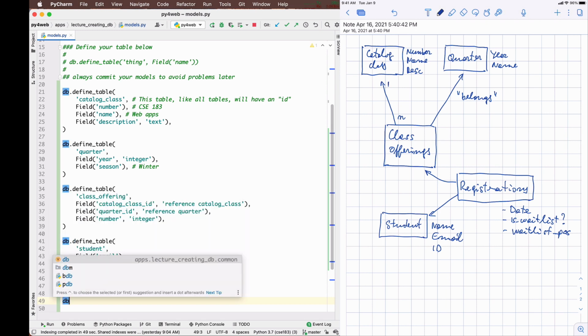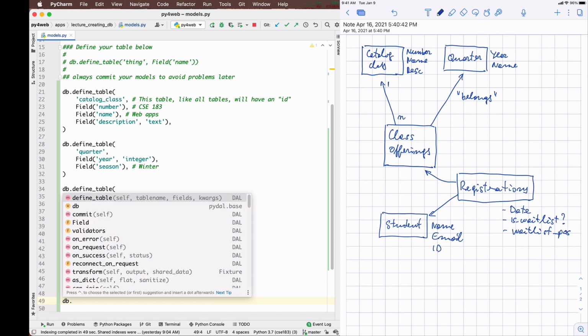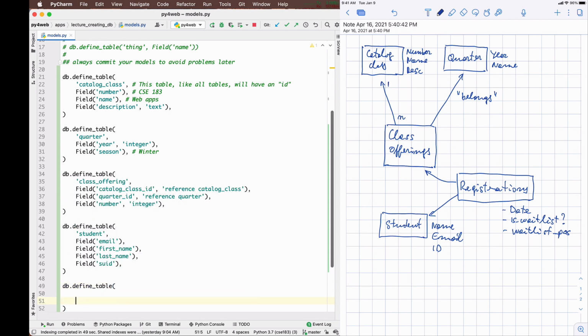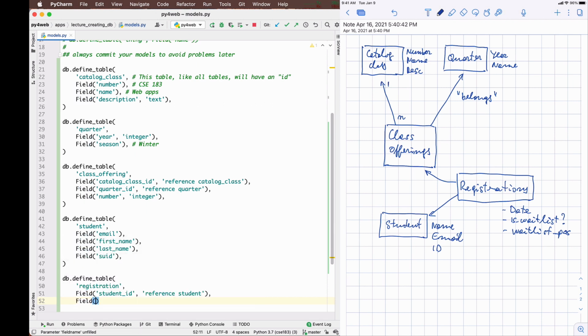And it will be defined via db define table, and I will call it registration, and I will have a field. So the registration is of a student in a class offering. Okay, so it will have a student ID, which will be a reference to a student. Okay, it will have a field offering ID, which will be a reference to a class offering.